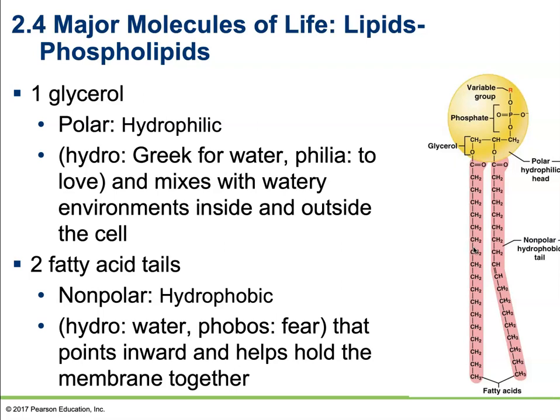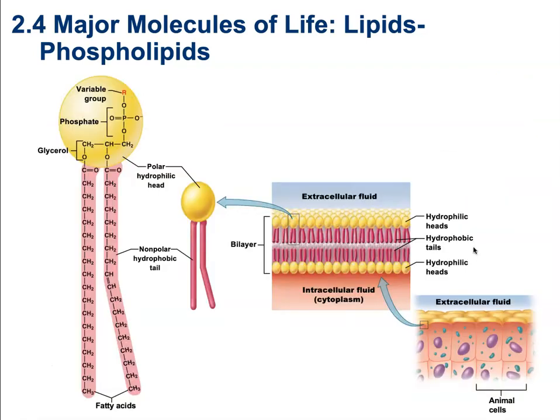We're going to spend a lot of time looking at the plasma membrane, but we just want to touch on it for a moment. So here's actually what the plasma membrane looks like when it surrounds your cells. So down here we have animal cells. This looks like probably some skin tissue where we've got all these animal cells smashed up right next to each other.